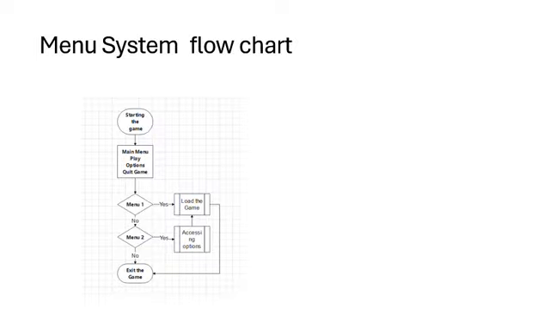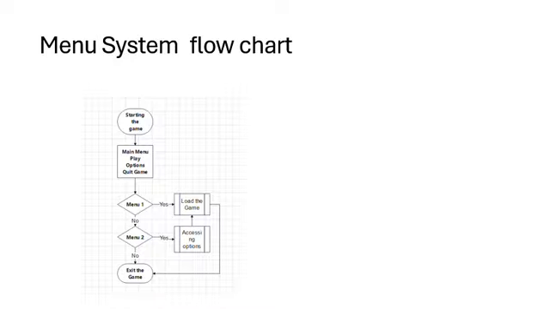And here you can see the menu system flowcharts. This is how I will create my menu system flow from the beginning to exit. It represents the options the player can choose before they start to play the game from the menu option. The oval shows the start and end point of the game, of the menu, where you start the game and